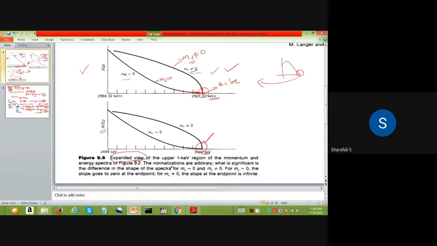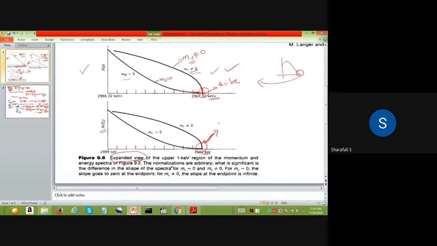Now if you look at this portion of your curve after doing the experiment, you can have some kind of prediction about the rest mass of the neutrino. Okay, that is the important thing here. So if you look at the end of the curve where you have the Q value, which is equal to the kinetic energy of your electron, then you can predict something about the rest mass of the neutrino which is coming out of that decay process.